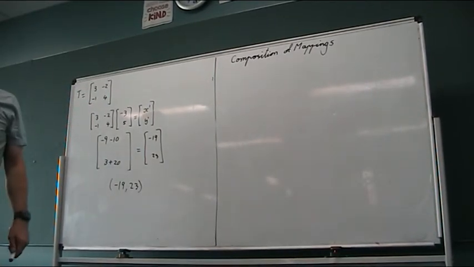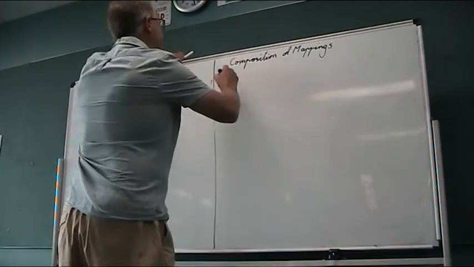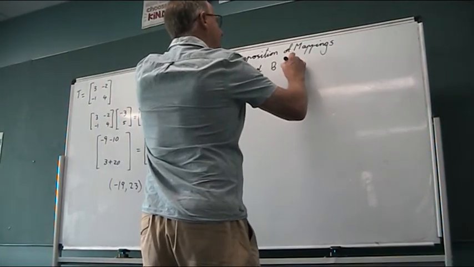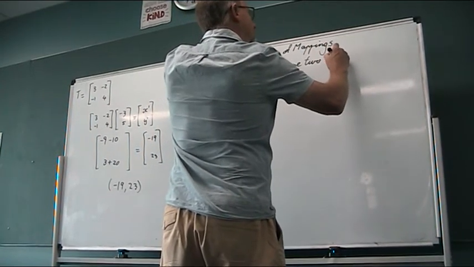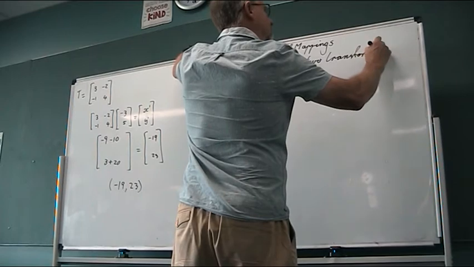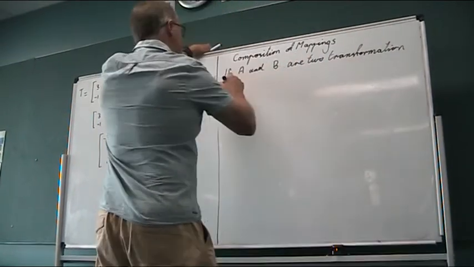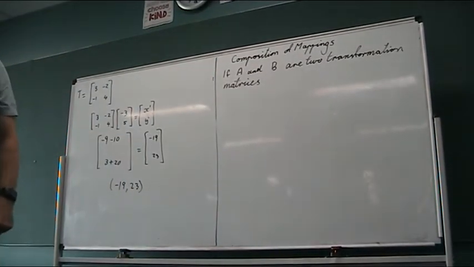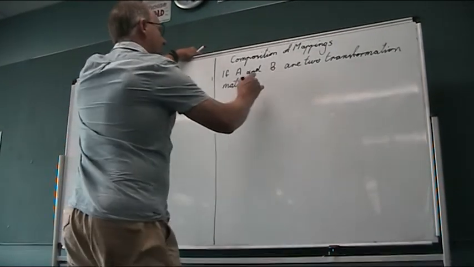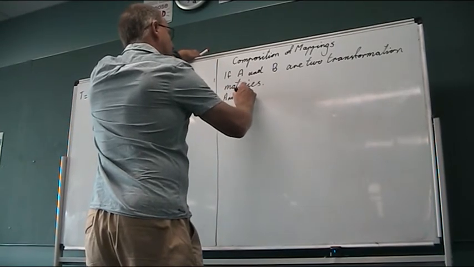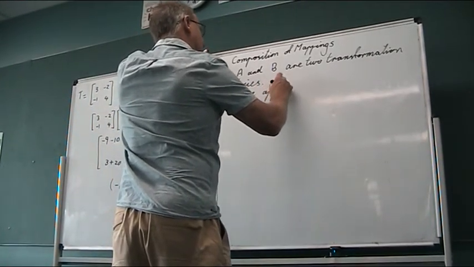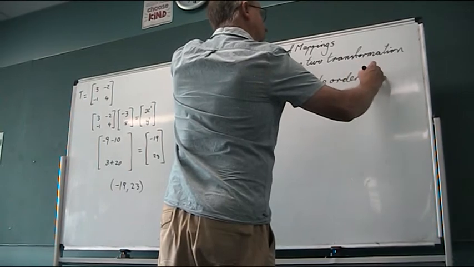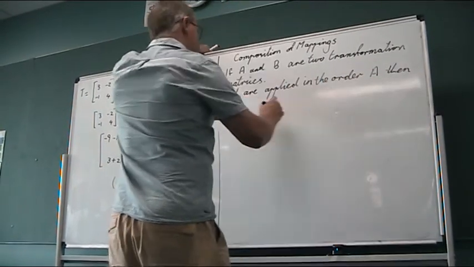But if we have got two transformation things, so if A and B are two transformation matrices, and we apply them in the order A, then B,